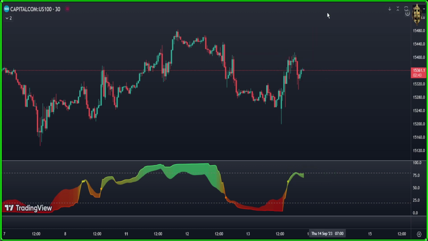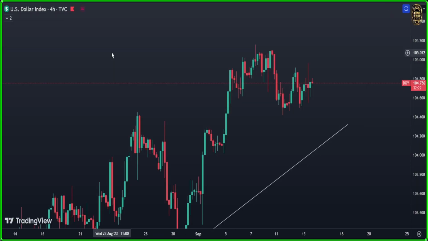Now let's go see the DXY, or US dollar, and what it's doing today. So let's go in there. Here we are in the DXY, guys. This is only for swing trading. As you see here in the DXY, I told you in yesterday's video, the market tried to give us a cup and handle, and it gave us that cup and handle. And I told you to focus on the neckline. It doesn't break it down here. It means there is no short entry, and the DXY is still looking very bullish now.